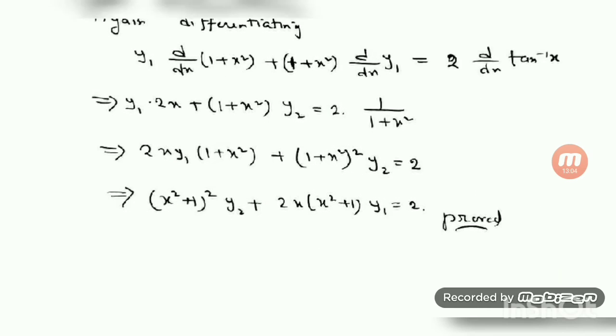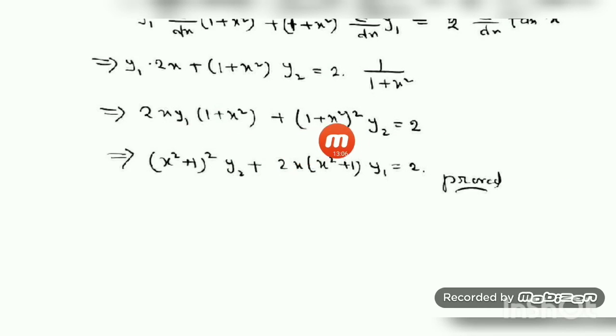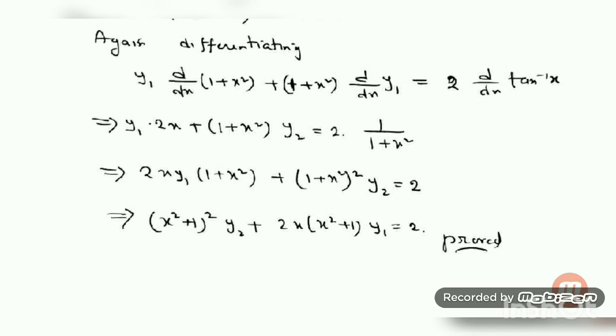And if you see here, this is your answer. As I arrange it, (1 plus x square) whole square can be written as (x square plus 1) whole square, as in the question. d2y/dx2 means y2, plus twice x; instead of 1 plus x square, I have written (x square plus 1) into y1 is equal to 2. Hence the result we got. And here your exercise 5.7, that is the second derivative, is completed. In my next video, I'll go to